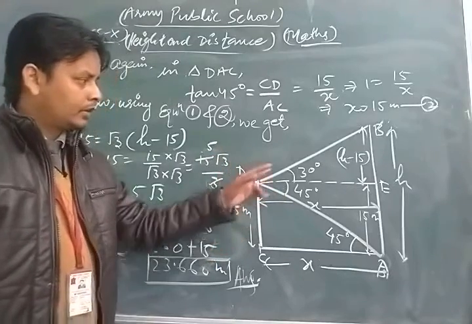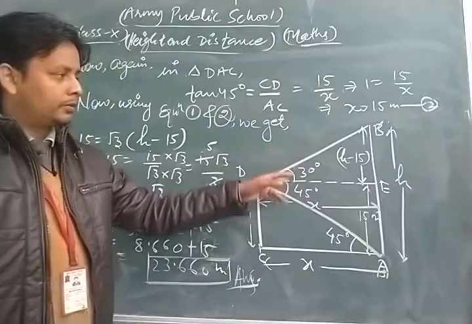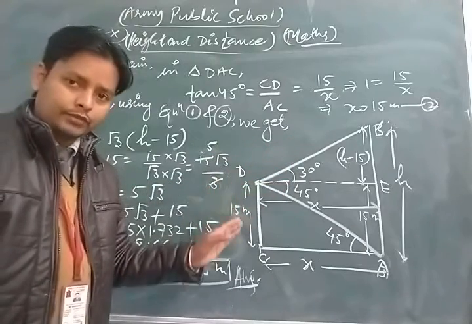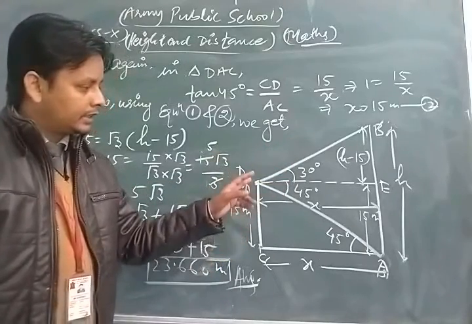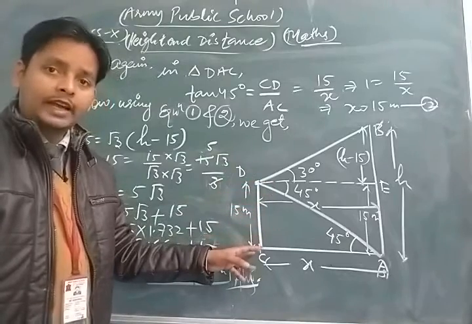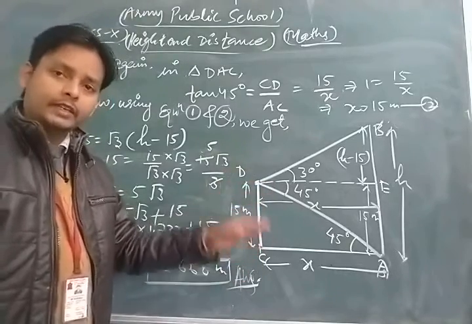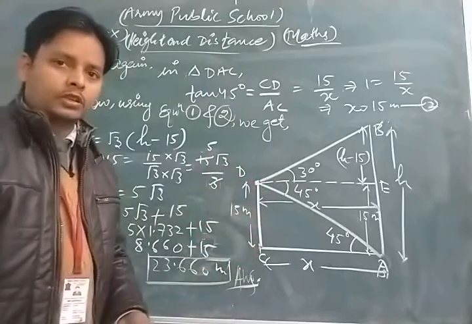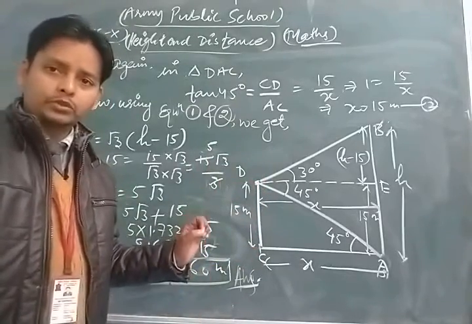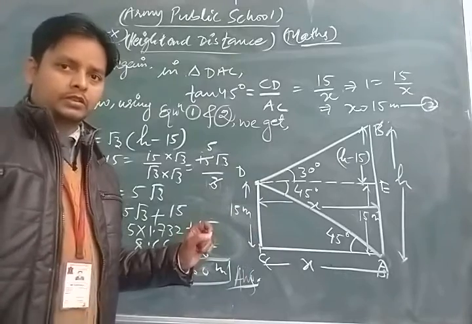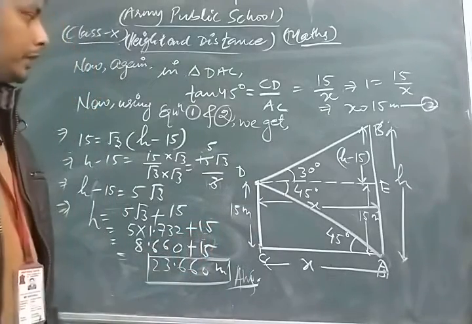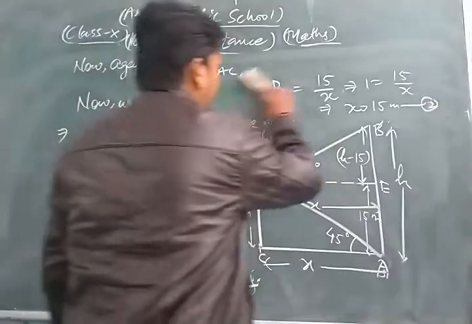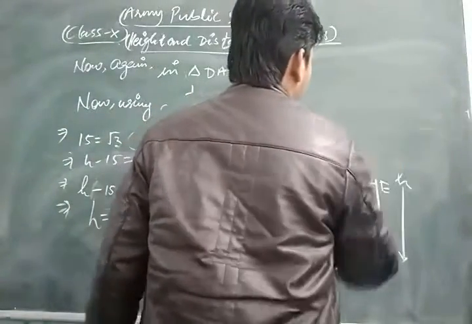That is tan 30 is equal to perpendicular upon base. After that, we form equation 1. After that, we take triangle DAC, and after taking triangle DAC, we again apply the tangent rule, and with the help of these two equations, we simplify that question. Okay, so this is a very important question for you and your upcoming examination. So please do more and more practice, dear friends.